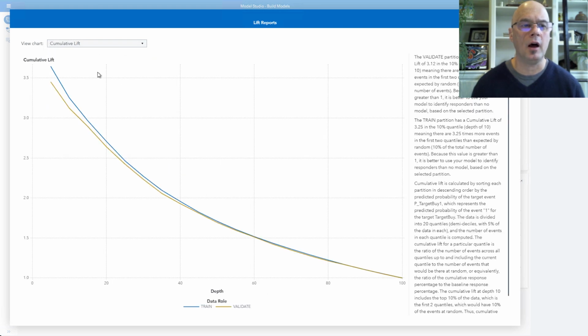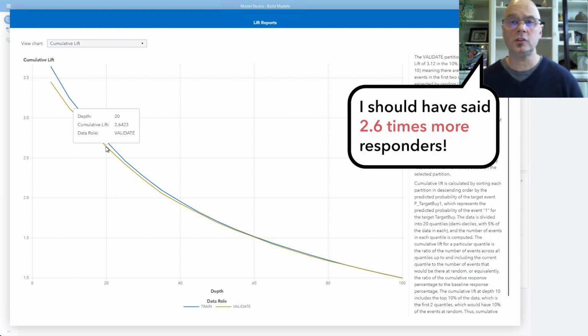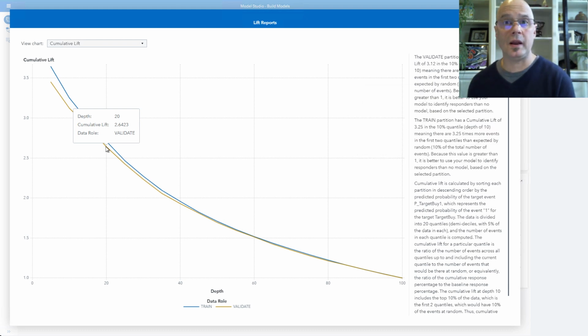Notice when I change to that plot, the lines do not change. They stayed exactly as they were, only the vertical axis changed. Validation data, cumulative lift, 2.64. Now again, that directly interprets how much better my gradient boosting model is doing at capturing events compared to a random model based on that historic event rate. At a depth of 20%, my model is capturing 2.6 times more responders compared to just that naive model. So my gradient boosting model, compared to just randomly guessing for who's going to respond, is doing much better.